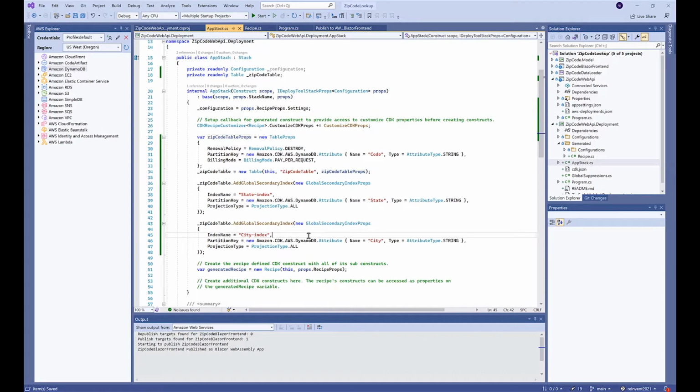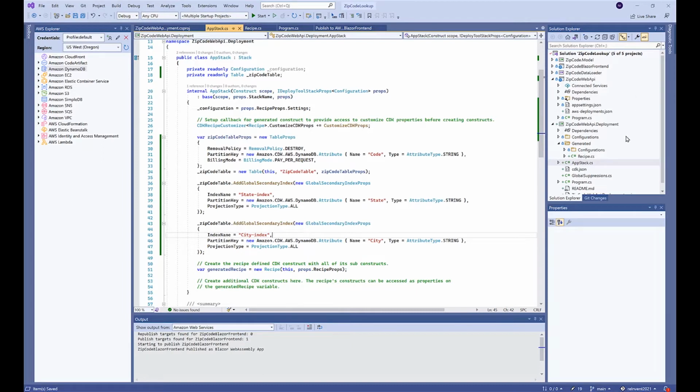So now, if I was to deploy my project, I would get my infrastructure code deployed as well as I would get now a DynamoDB table set up as well. Now there's one more thing that we need to do. Because we have a table, we need to make sure that our container application actually knows what table to use.